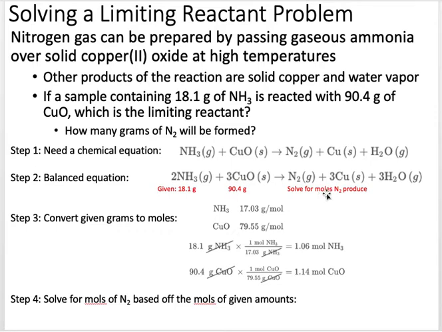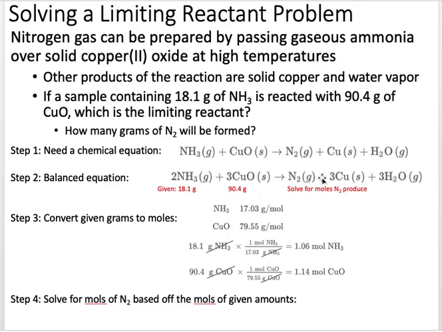And I'm asked, right, one of my questions is, how much nitrogen gas can I produce? Now, when you're doing a limiting reactant problem, look at what the overall problem is asking for, because sometimes solving for one product is more useful to you than another. But we could do the same problem solving for copper or the water, and we would end up with the same process